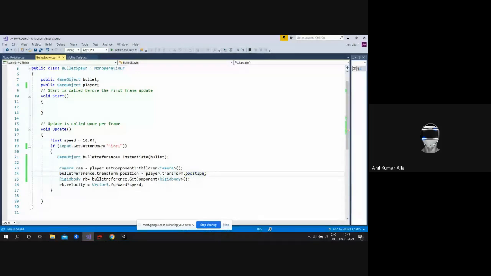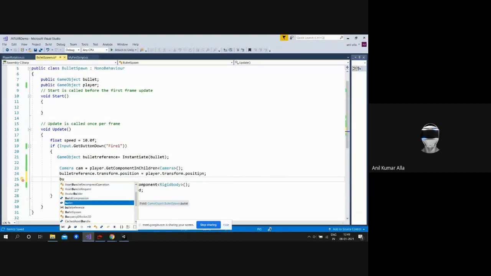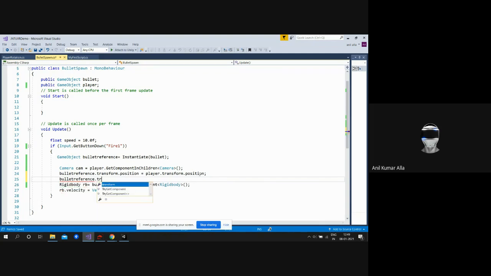Then once after the position, the rotation of the bullet should be from the camera position. Let me put bullet reference dot transform dot rotation equal to